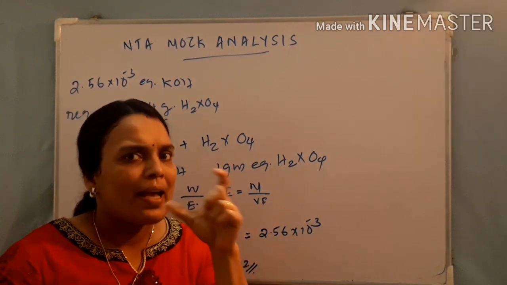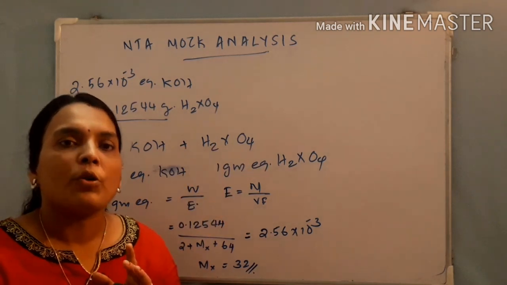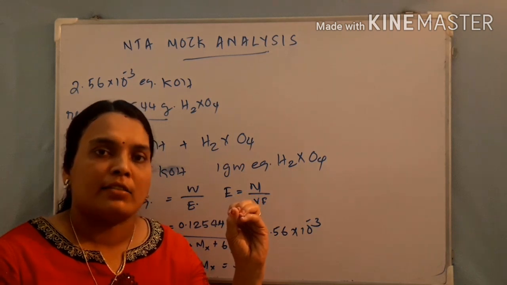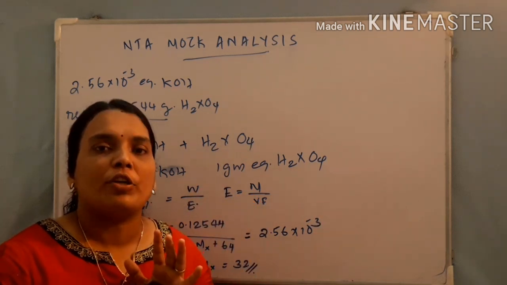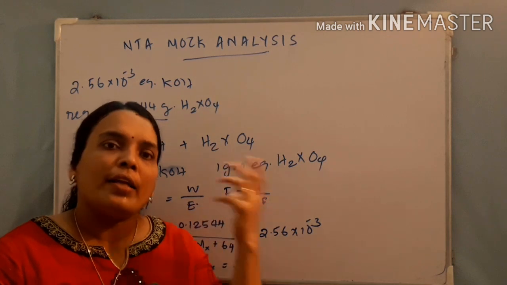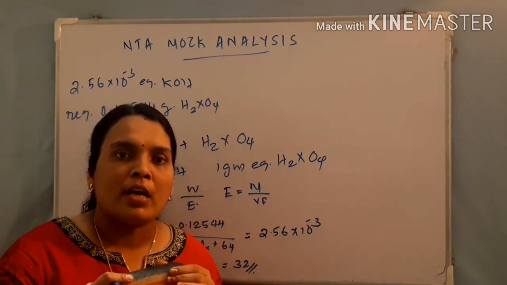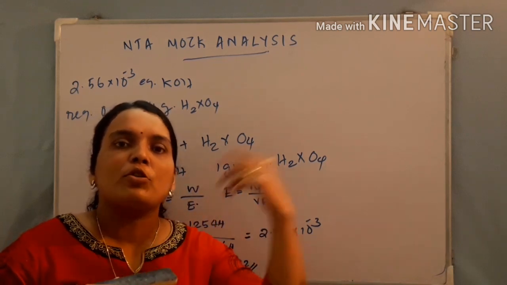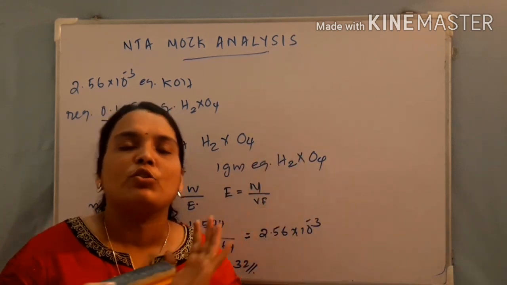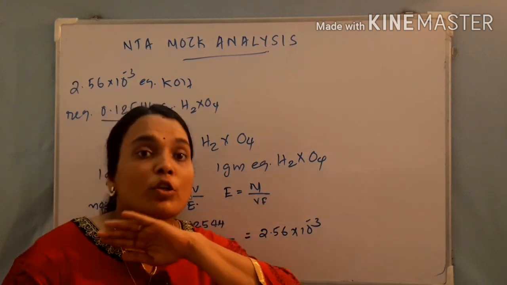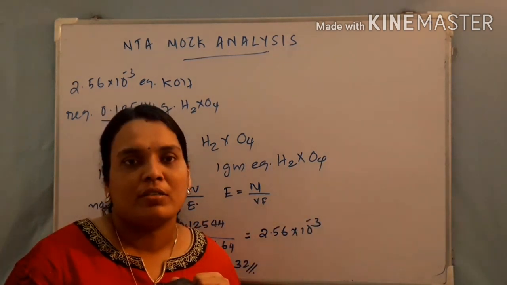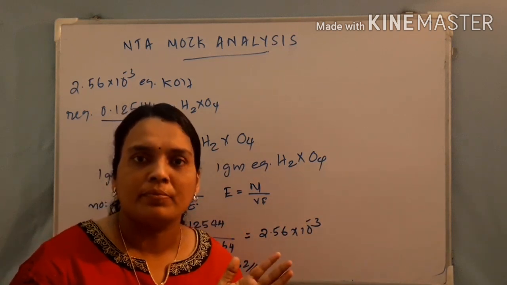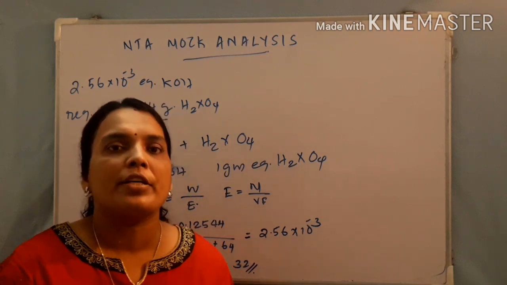Okay. So the basic concept, when you are comparing an equation, in the case of gram equivalents, is that the number of gram equivalents of reactant is equal to the number of gram equivalents of product formed. If more than one reactant is present, the number of gram equivalents of A is equal to the number of gram equivalents of B, and if C is the product, the number of gram equivalents of C is also equal. That is the concept, so there is no need for a balanced equation. Equivalent mass is equal to molar mass by valency factor. Clear? Okay. Come to the next question.